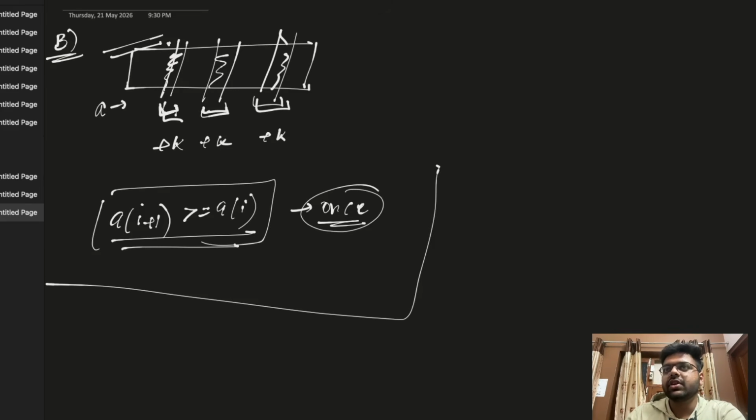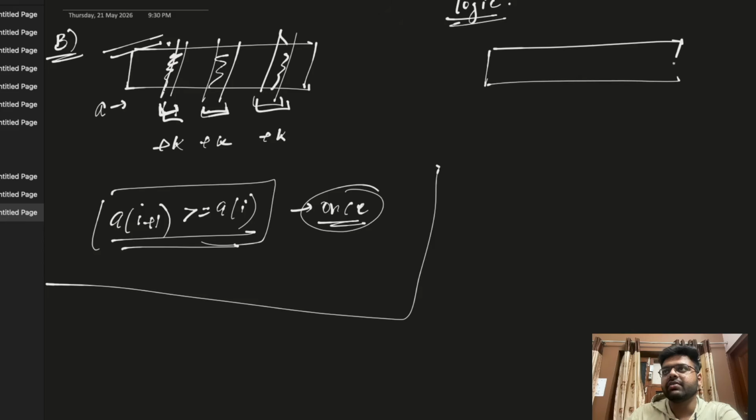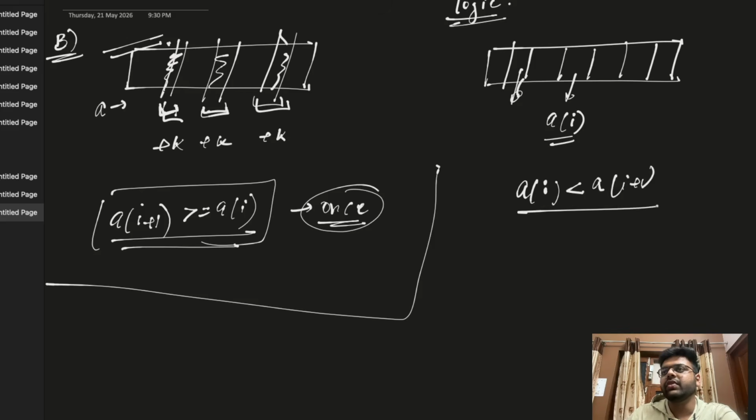Okay, so let's look at the logic of this problem. If we have this particular array, and we take any a of I, if a of I is less than a of I plus 1, then do we need to do anything? No, right? We don't need to do anything, because it is already in increasing order, so we won't be doing anything. But if a of I is greater than a of I plus 1,